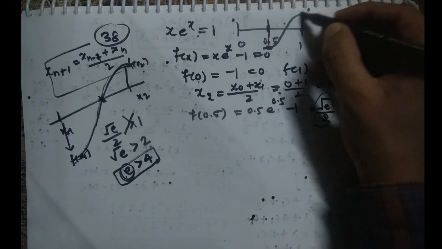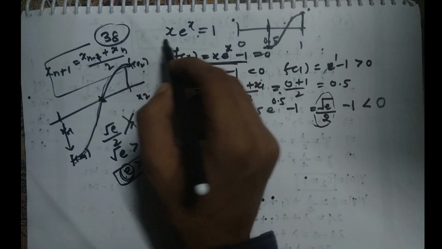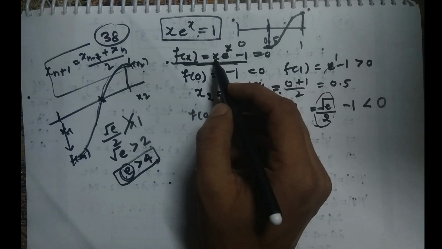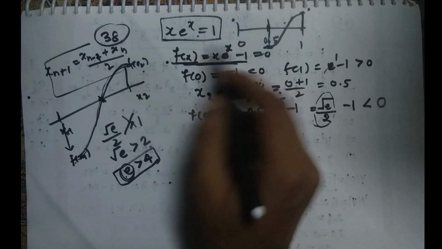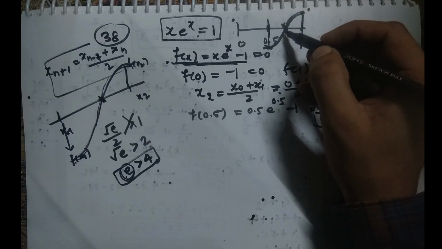There exists at least one root of this function f(x). Now see why the function is continuous, because clearly by the function itself we can say this is an exponential function and some polynomial, so I'm going to get a continuous function. So this function is continuous means what? It will intersect the x-axis at least once.